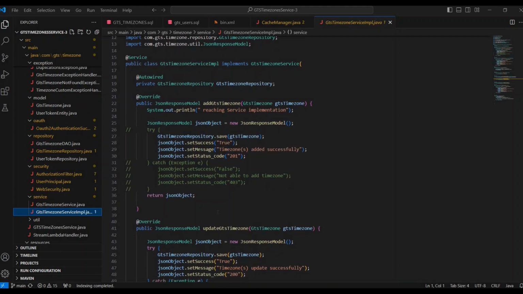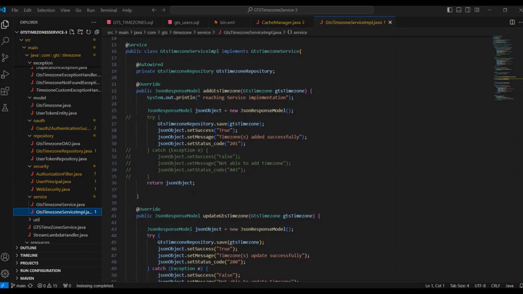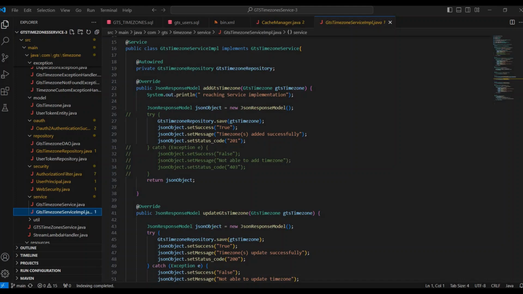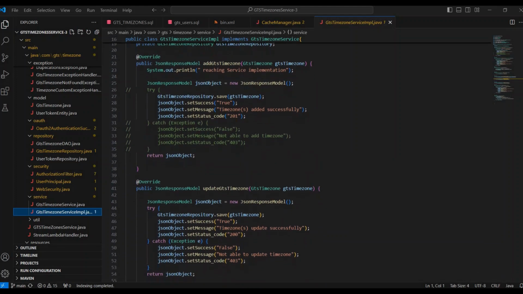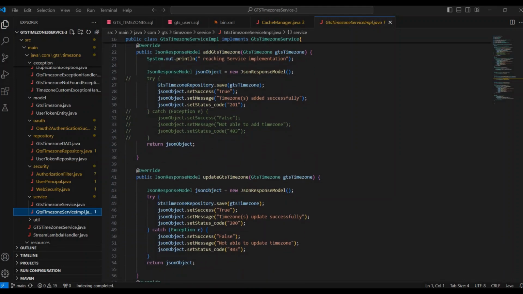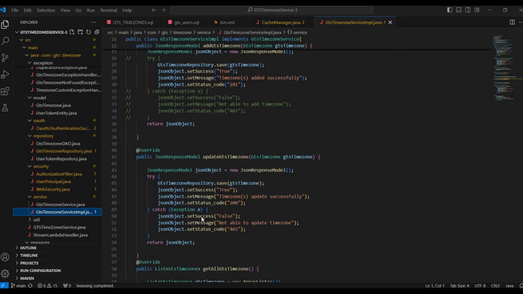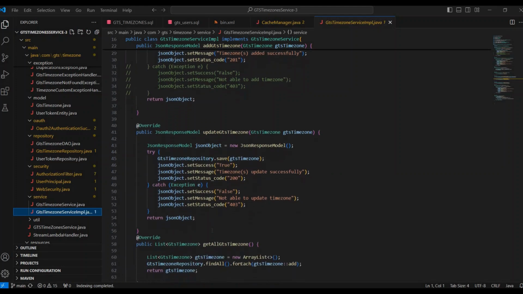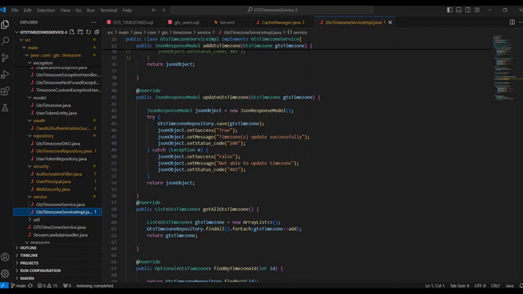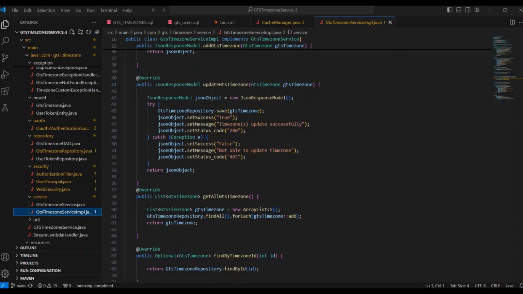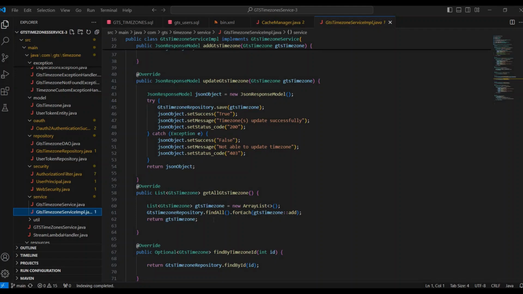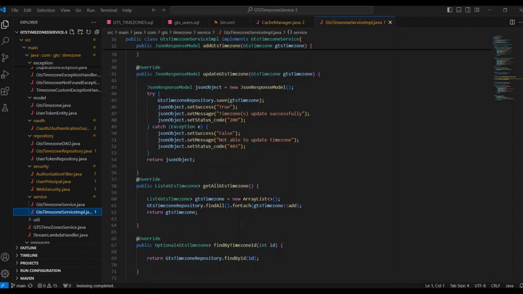So it constructs the JSON response model. It indicates success or failure. Here we can see that if it's a success, it's true. If it's a failure, it throws the exception and it's false, like this. And it overrides the GTS time zone. It returns the list of the GTS time zone. It fetches all the data,